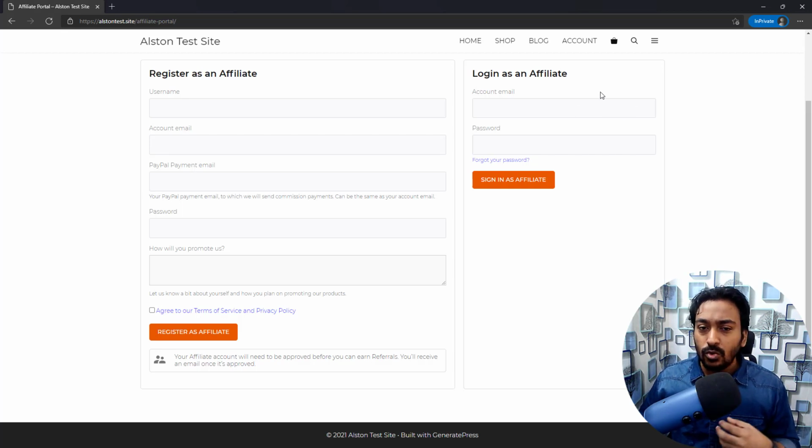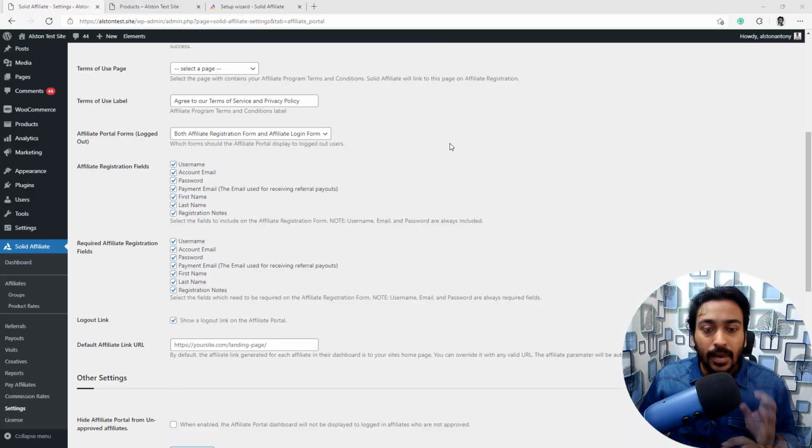Let's say, for example, you want a separate field asking how they found out about the affiliate program, or what kind of product they are interested in promoting, or whether they are customers or not. You can ask any sort of information depending on your need. But as of now, you are not able to do that. You are only able to get the data for whatever is mentioned here.